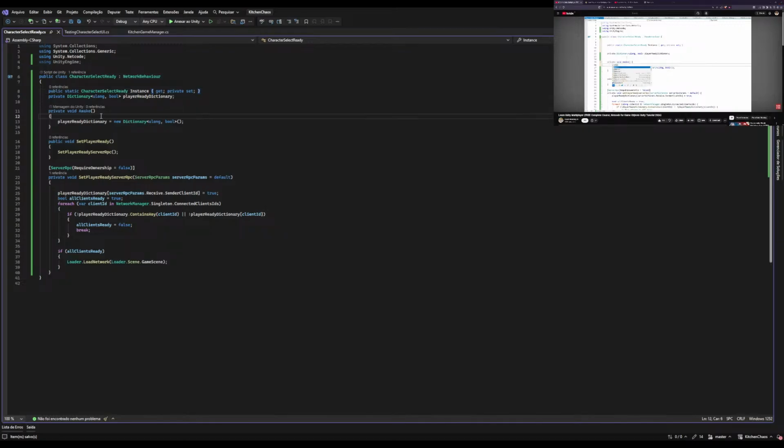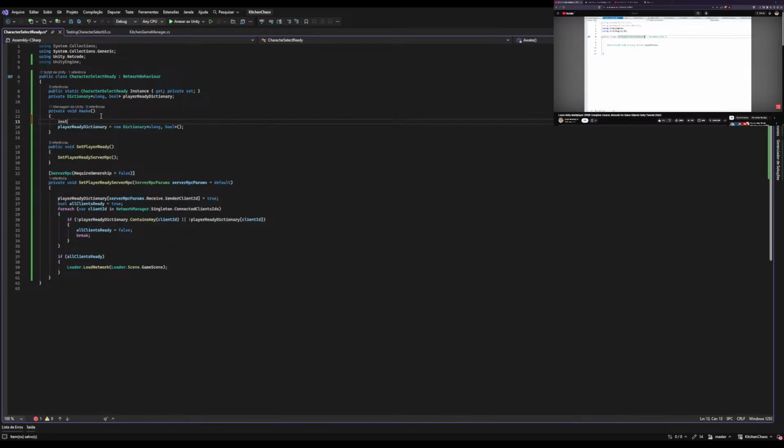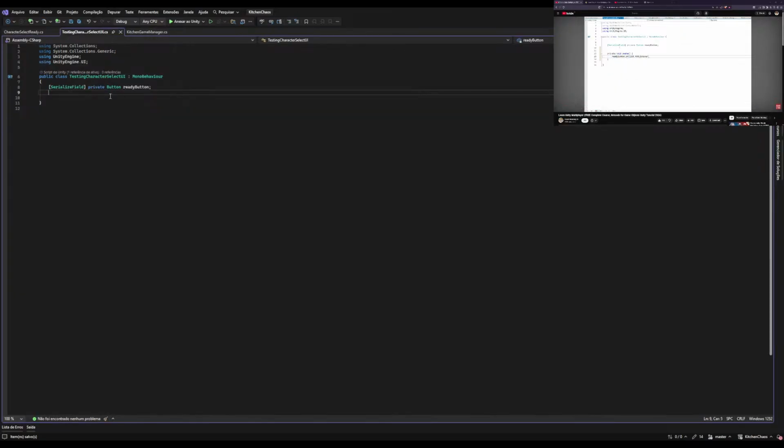And over here on the awake, set instance equals this. Okay, great. So now back here on the testing character select UI, let's make a simple awake. Let's go into the ready button, the onclick, let's add a listener. And on the listener, let's just go into the character select ready, the instance, and let's set the player as ready. Okay, so that's it. This should